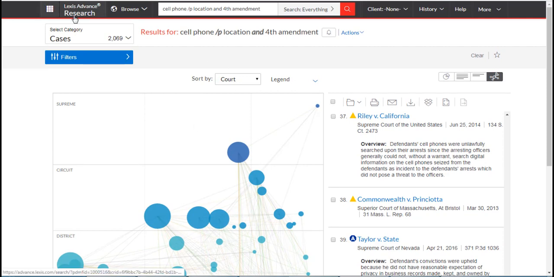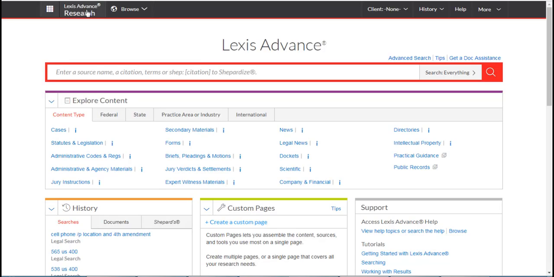All right, let's go back and do the second way. So, a lot of times you're given one great case and then told to go find more great cases. I know that feeling of, okay, but how do I do that? Well, Lexis makes it very, very easy. So I'm going to enter in a citation,